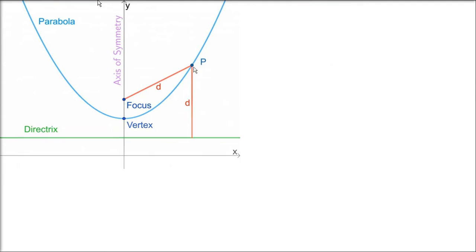If you understand this eccentricity, you will know all the conic sections. So let me make a general equation of a conic section. By the definition, there is a fixed point and there is a fixed line. Now there is a point which is moving, and the distance of this point from this fixed point, say this is called S.